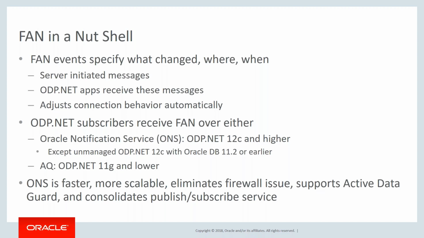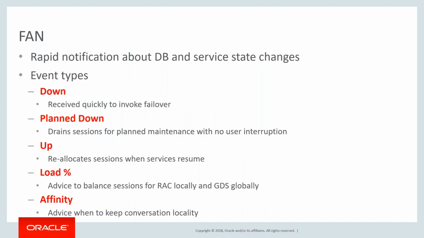But what we try to do is to say, hey, as soon as we detect the failure, we want to inform you. So we use ONS and an out-of-band message in order to get that to the connection pool faster, so that it can react to that new event. So what are the events that FAN does report to the ODP.NET connection pool? Well, these are those events, and the granularity level, before I get into it, is that it will report these events about each service member, about each database, or each instance,